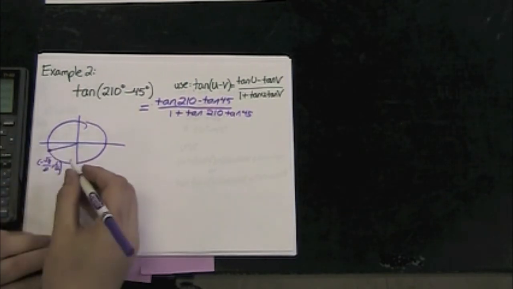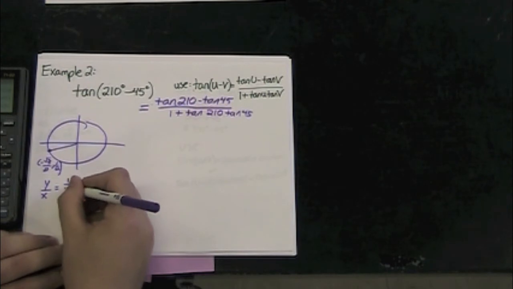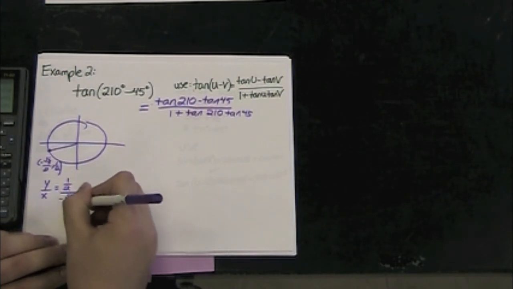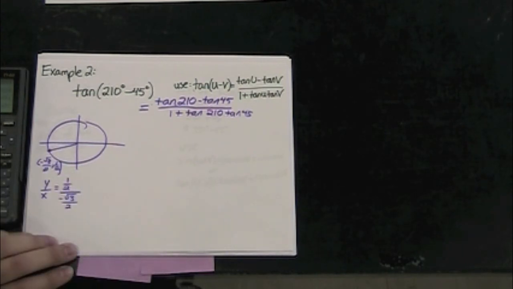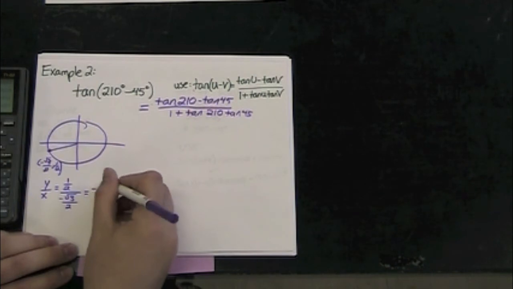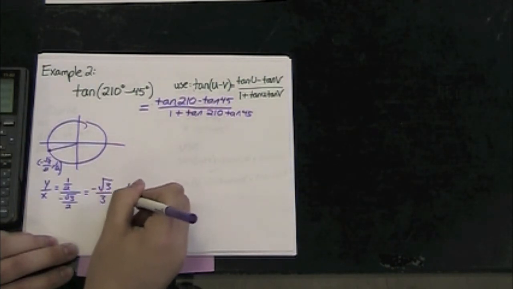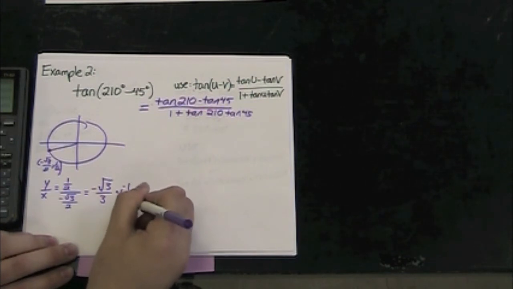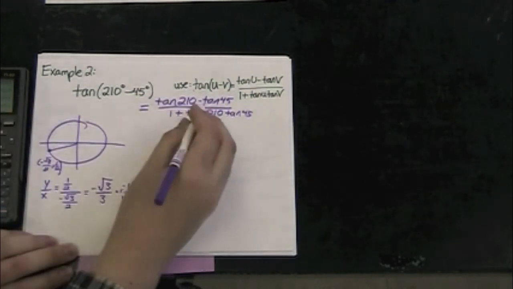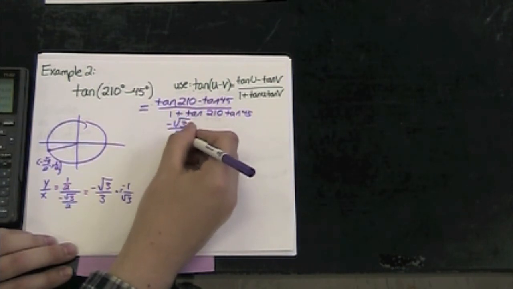Tangent is going to be y over x, which is 1/2 divided by negative square root of 3 over 2, which is going to come out at negative square root of 3 over 3, or negative 1 over the square root of 3. Okay? So I have negative square root of 3 over 3